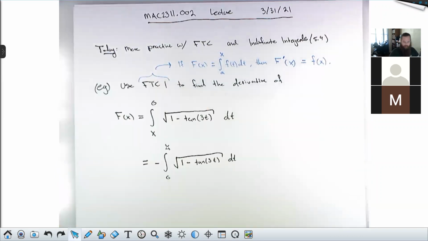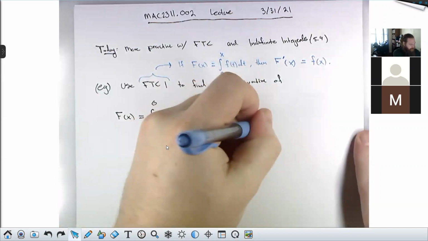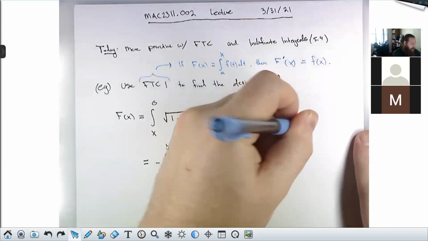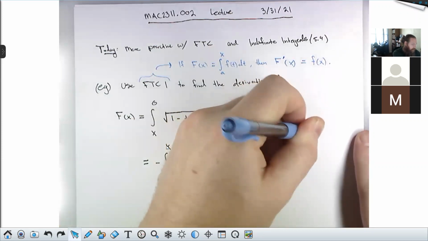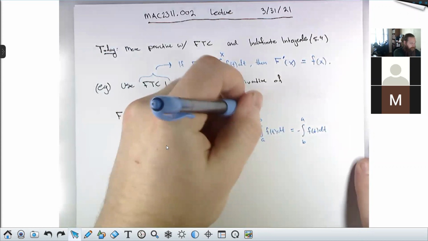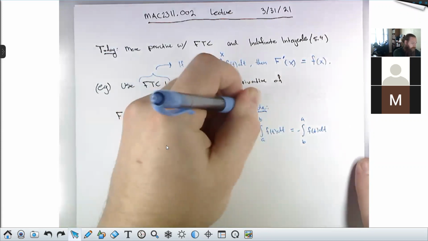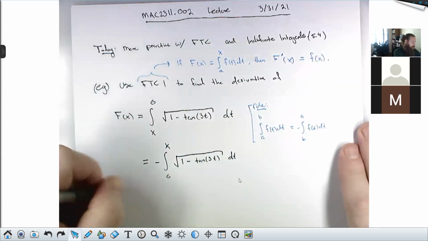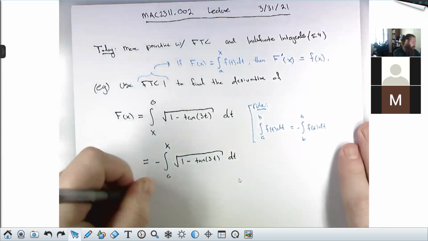The rule here is that the definite integral from a to b of f of t dt is equal to the negative of the definite integral from b to a of f of t dt. In other words, you can flip the bounds over in an integral, and the result is just that a negative pops out. Okay, so now this is looking more like this, right? Integral from some number, in this case 0, up to x, of some function of t dt. So FTC1,